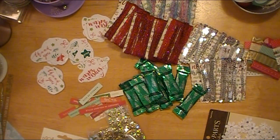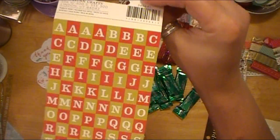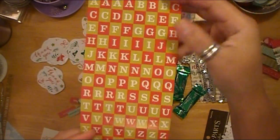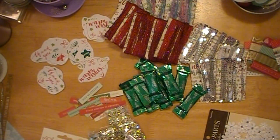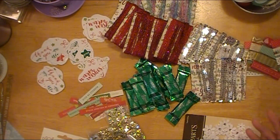And I did want to note on the word strip stickers from American Crafts, it did come with its alphas, but there's no real neat way for me to cut up the alphas to where they would have a certain amount of each letter. So I'm just going to hang on to these and use them for cards or something like that. So what I'm going to do now is just go ahead and get everything